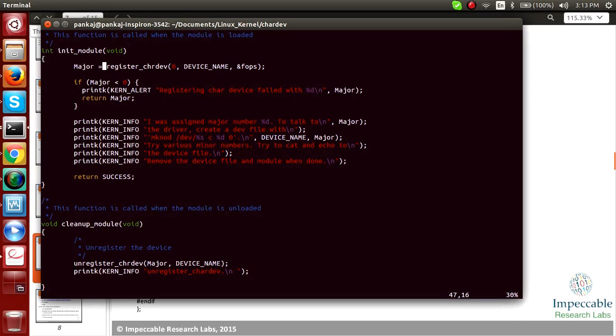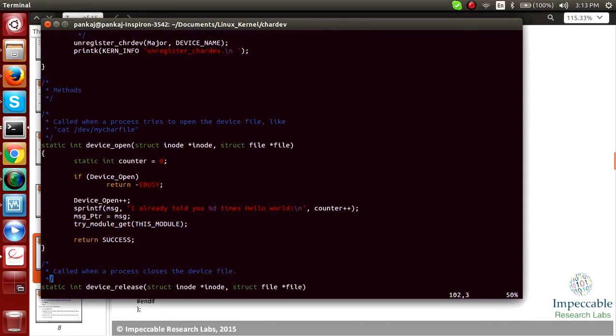So let's see what device open and the others do. Device open does nothing. It just increments a variable named device open, to print how many times you have called this function. The counter is a static variable which keeps incrementing inside your module.